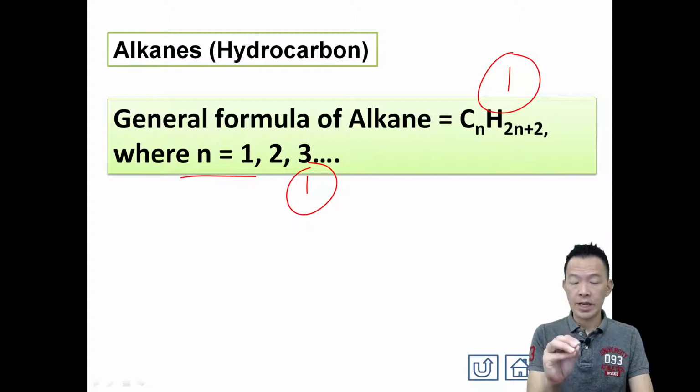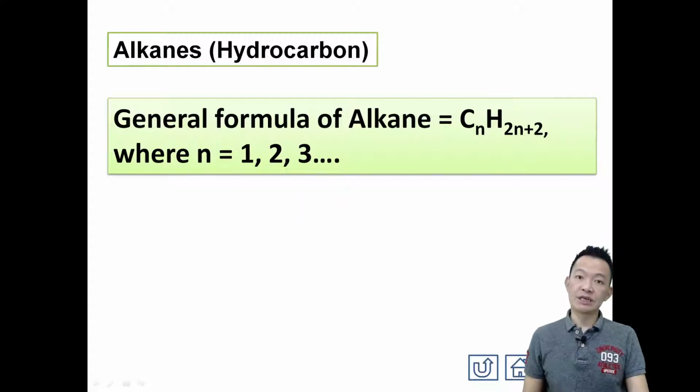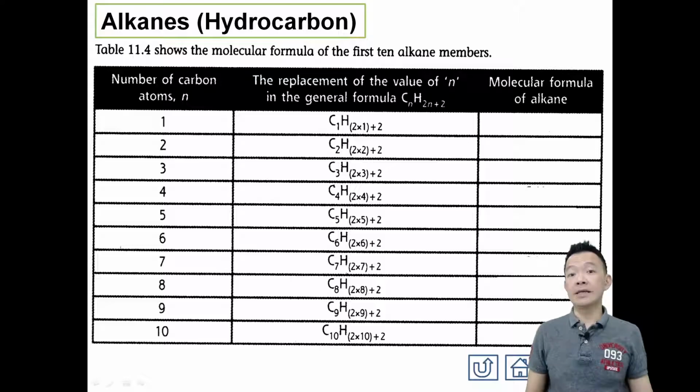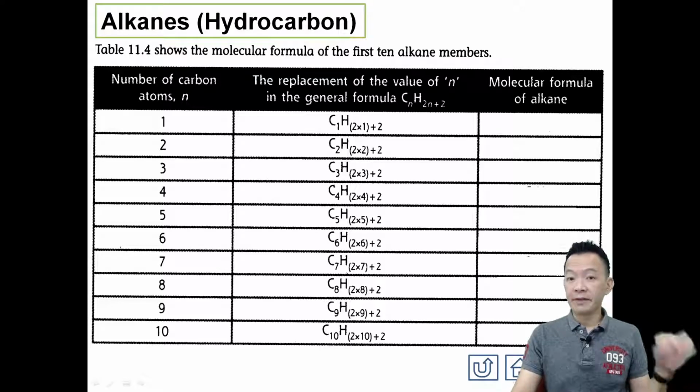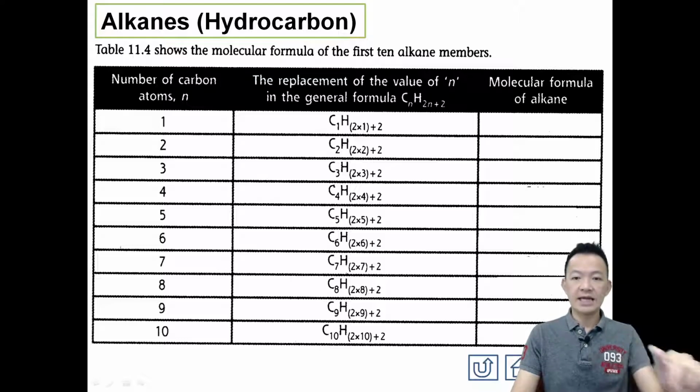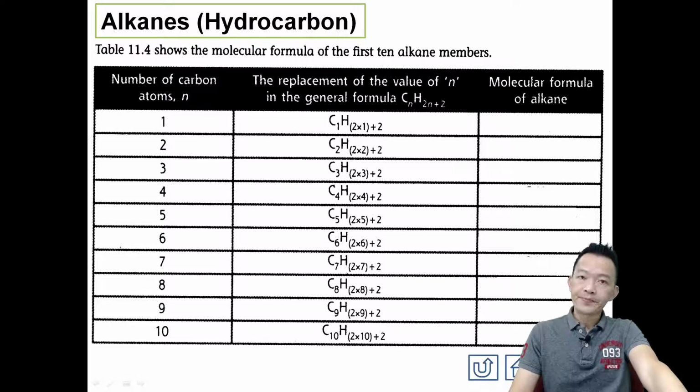这就是 alkane 这个家族的 general formula. Okay? So how you know the chemical substance or the organic compound is alkane or not alkane? Look at the molecular formula. 你看它的 molecular formula. If the molecular formula can be represented by this general formula of the alkane homologous series, 它就是了嘛。